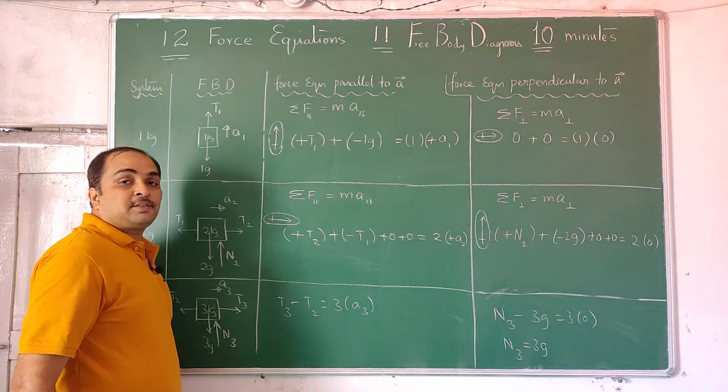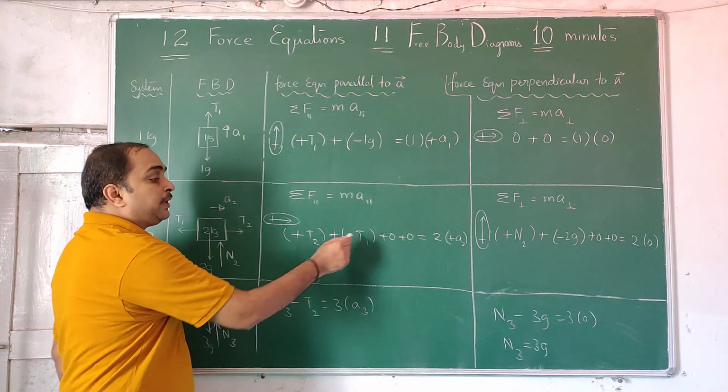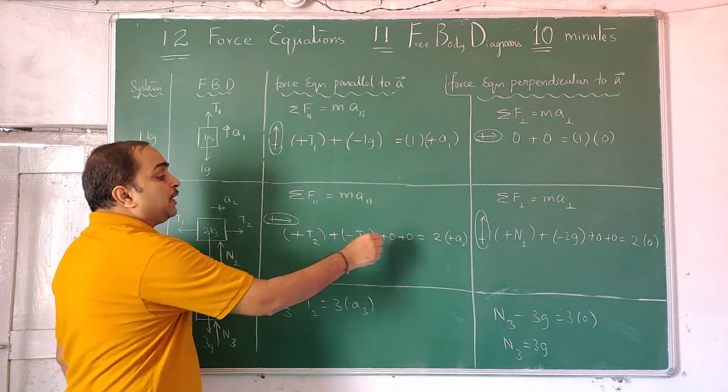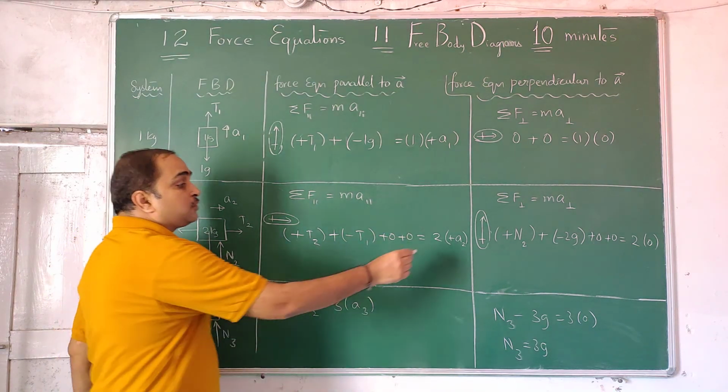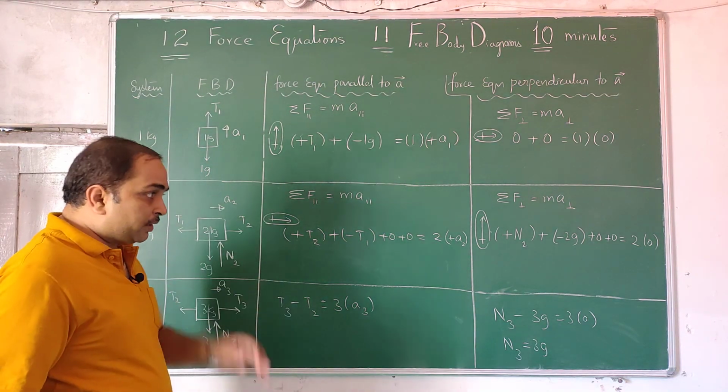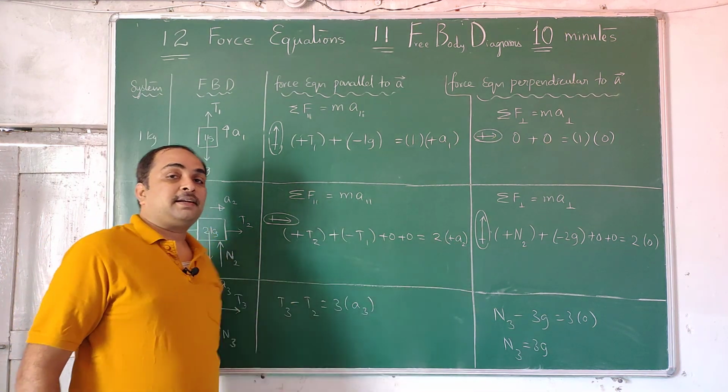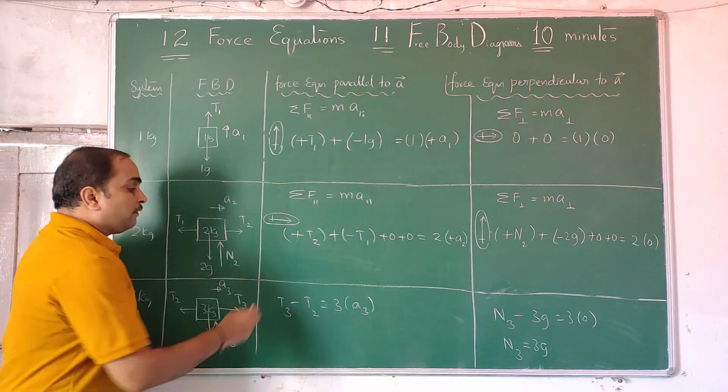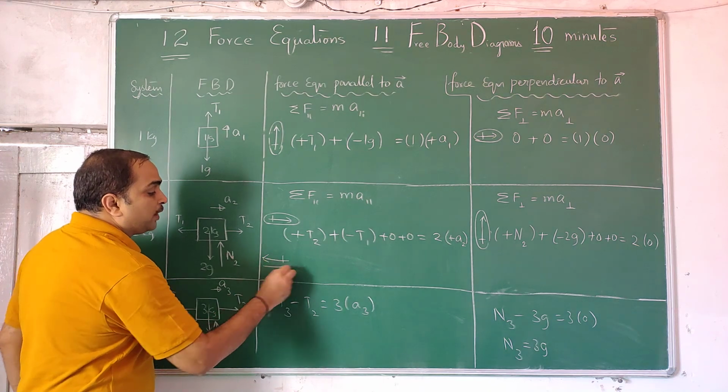Along that direction anything pointing is plus, opposite to that direction it is minus, and perpendicular to that the forces are zero. Mass should not be given any sign because mass is a scalar quantity. Acceleration is a vector quantity, therefore you have to give direction to that. For example, same equation you write on the left side, what happens?